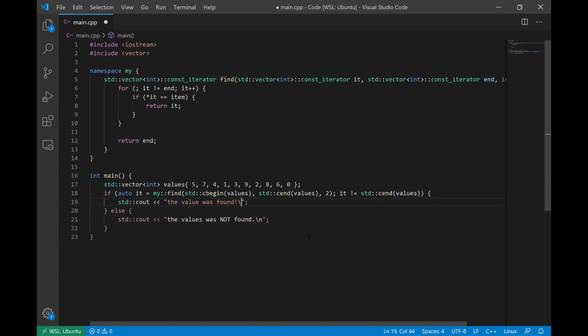And because we actually have this iterator, we can even go ahead and print out the index at which it was found. So let's go ahead and do that. The value is found at index, and then in order to figure out the actual index, let me just add the newline statement at the end. So in order to figure out the actual index, what we can do is